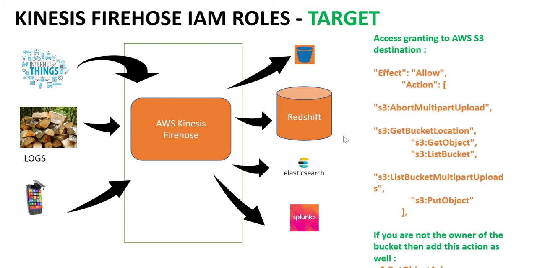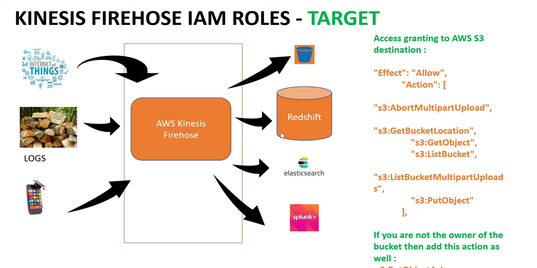Now what if you are writing to Redshift? So when you are writing to Redshift, right, it's a two-step process. See, writing to S3 bucket directly, if S3 is a target, it's a one-step process. But writing to Redshift is a two-step process. What it does is Firehose writes to one intermediate bucket first, and from that bucket a copy command is done to write data in the Redshift cluster. So now from an access perspective, logically you think what will happen? You have to provide access for all those S3 stuff that we did. Now you have to do this, plus you have to provide insert privilege for this Redshift cluster. Okay.